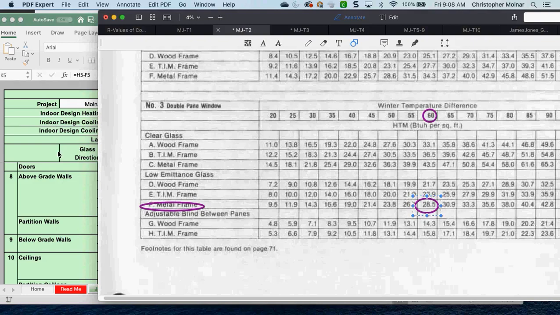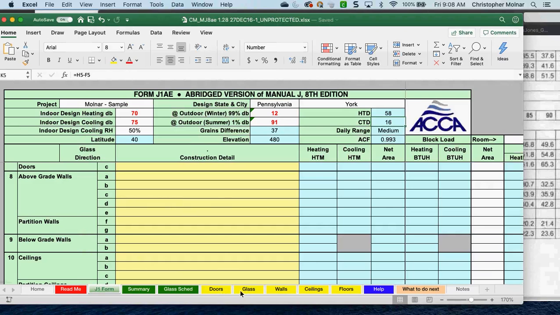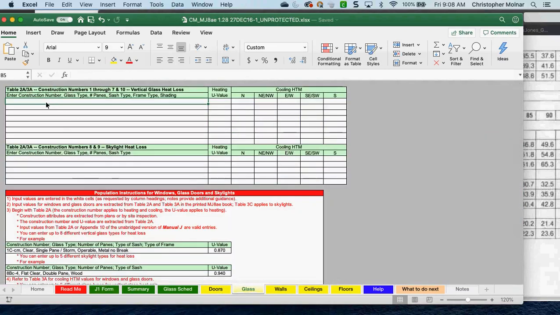So I'm going to come over to the spreadsheet, to the glass tab. Okay, and I'm just going to put on there, it's number 3, it's double pane, low emittance, and I'm just going to say low E, metal frame. And my heating value is, again, that number from over here on the chart, the 28.5. So that's basically going to go right there. And my cooling value,